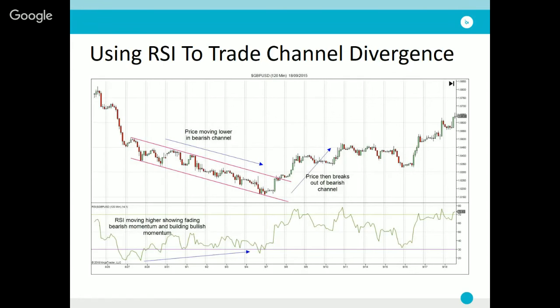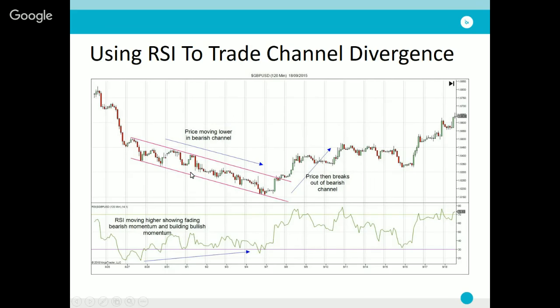Okay, so here we have an example of sterling dollar on the 2-hour charts, and we can see that it's displaying clear divergence within the channel. So let's talk about what's happening here. First of all, we got this really sharp sell-off in cable at this point, but we then flattened out and started to grind lower. And we were moving lower in this really neat channel formation, respecting the upper and lower limits of the channel